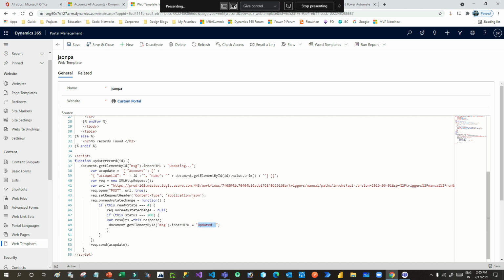I can give this result, right? So once you give this result to this inner HTML, whatever response is received from Power Automate will display here in this section. Okay, so this is all about how we can simply call a Power Automate flow from Power Portal.